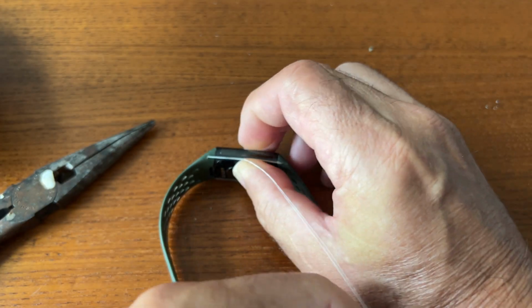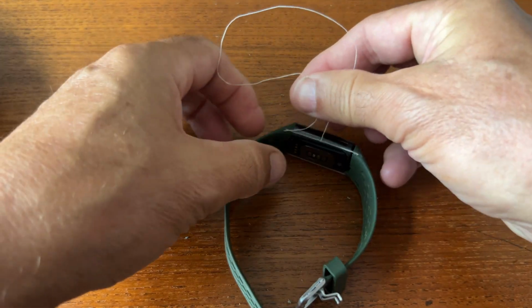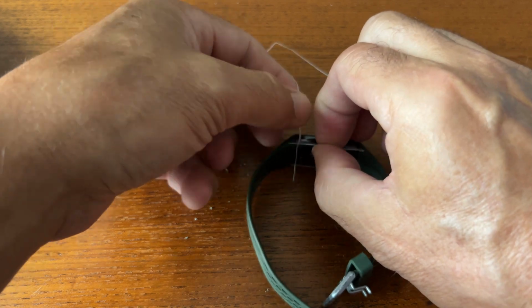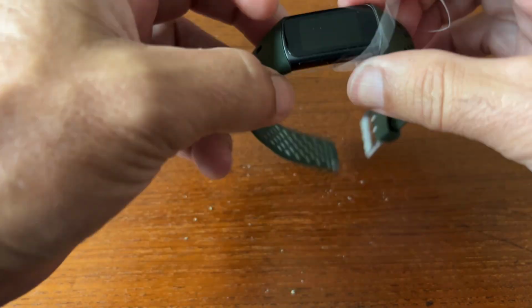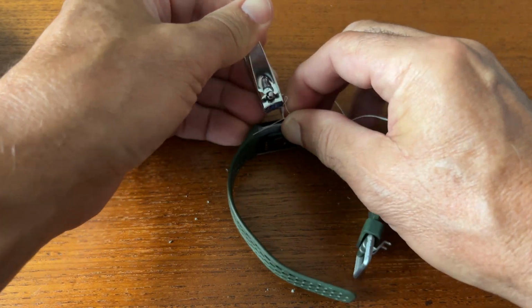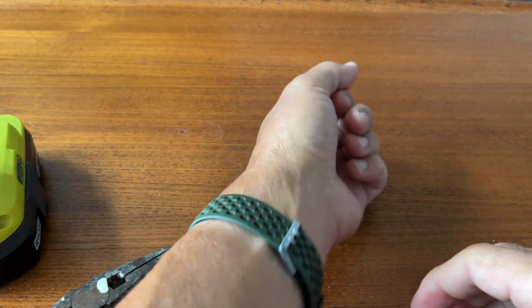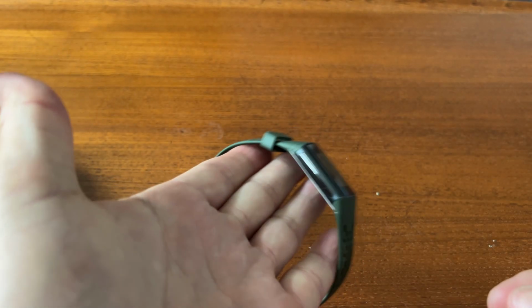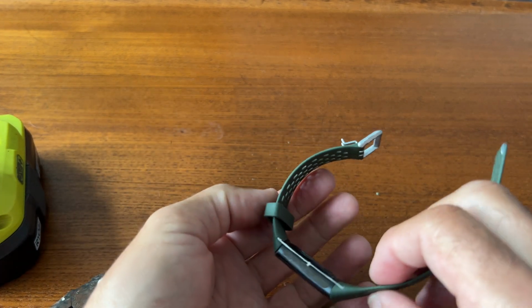I'm going to repeat this an additional time just to make sure this does not come untied while I'm wearing it. Oh, now I have two hands free, so it's much easier. Once I get that done, I'm going to clip off the excess with some fingernail clippers. And that's it. My Fitbit's back to being good to use until I get my new band in